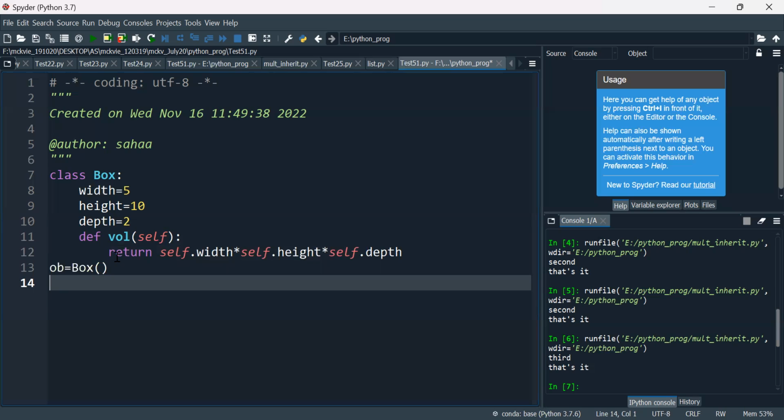What it is, I'm coming to that point. Before coming to that point, let me tell that an object gets created. ob is an object. And if you print ob,